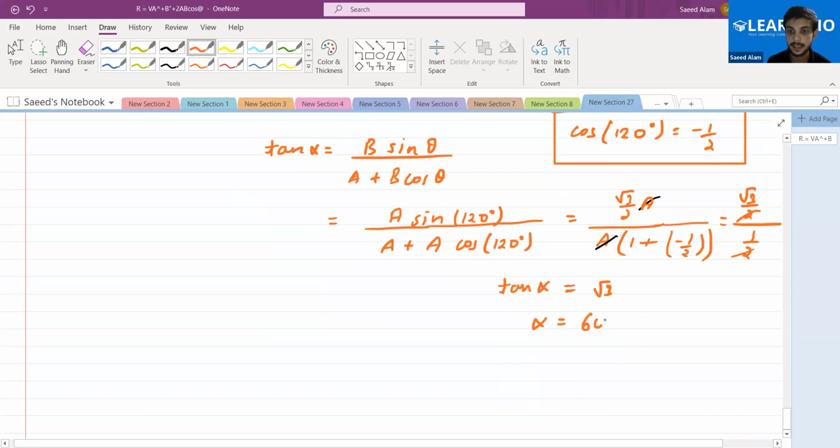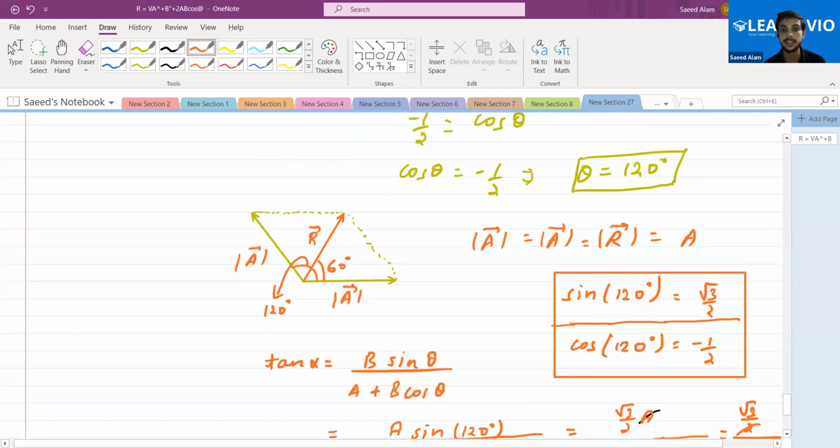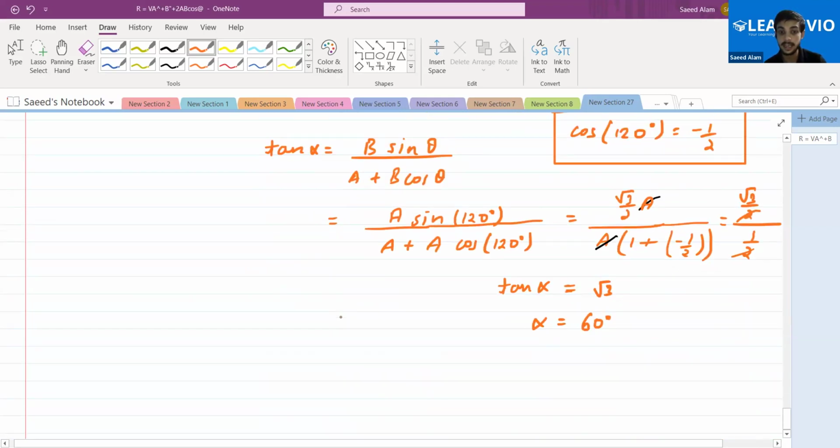60. That is 60 degree. And here also I had got that 60 only. Yes or no? Yes. And actually what is happening here, the actual visualization I want to tell you here is,